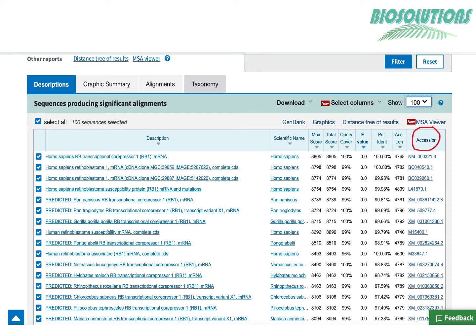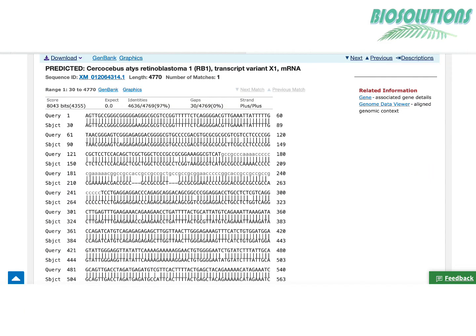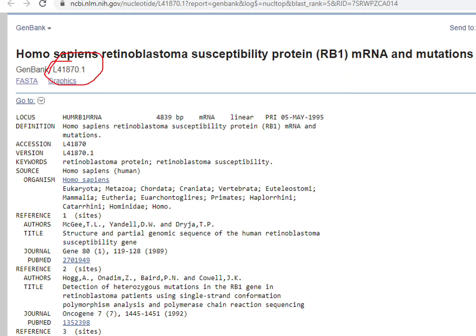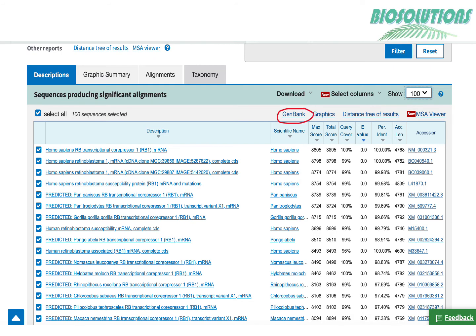By clicking on those links, you will be accessing the annotation page of that particular sequence in the database of nucleotide or protein. Once you choose one or more sequences from the BLAST result table by checking the boxes in front of them, the links for GenBank, graphics, and distance tree of results get activated. The GenBank link works in a similar manner as the accession column, whereas graphics links you to a graphical sequence viewer-based presentation of matches